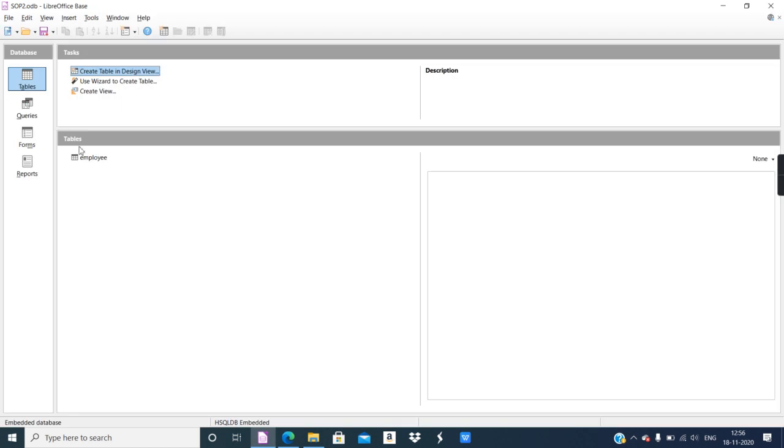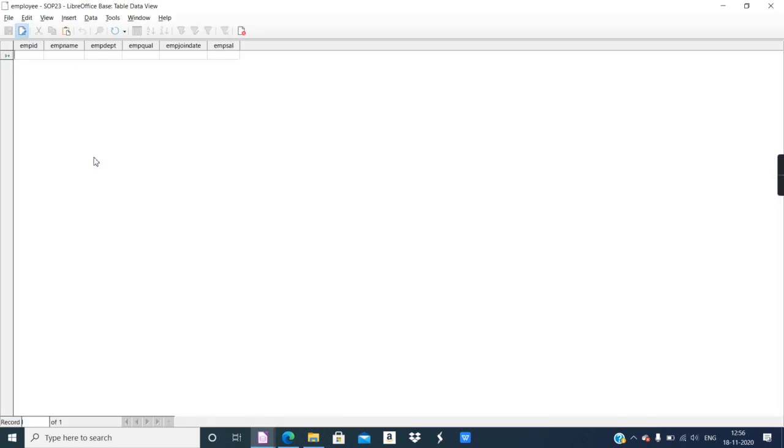Now you can see one table has been created. The name of the table as well as the icon of the table is available in the table section as I told you. Double click on it. Now you have to enter the records. And now please don't be judgmental. Now I have to type the name and some other details. So it is totally fictitious, not real at all. Whatever I will randomly get in my mind, I'll type it quickly.